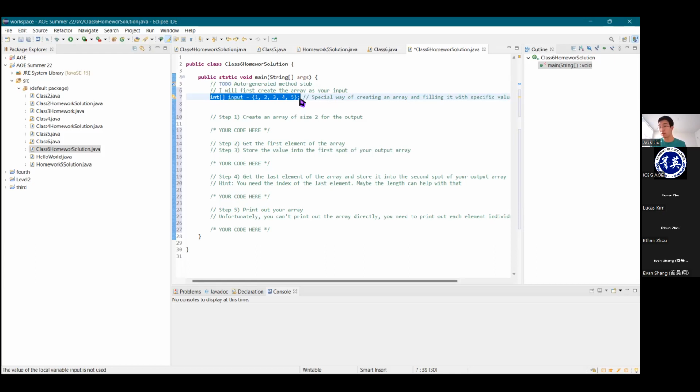And the syntax, the grammar, the way you do it is the left-hand side is nothing different. You're still creating an int array, and we're just calling it input. But on the right-hand side, instead of that new stuff and everything, you just put the squiggly braces, the curly braces, and then the values of the elements in your array separated by commas. So here it's containing 1, 2, 3, 4, 5. Right? And so